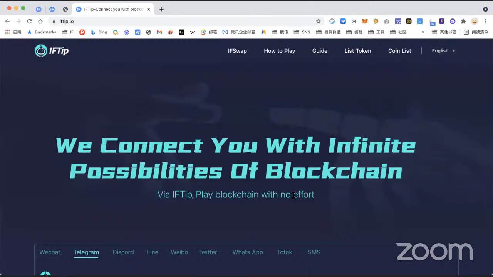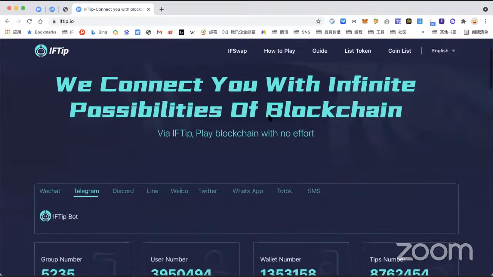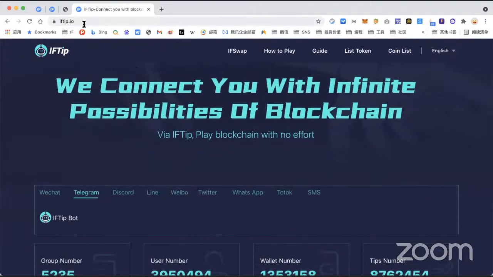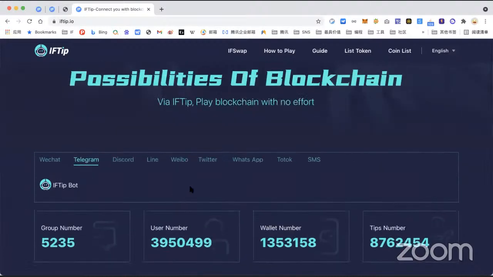Hi everyone. My name is Bibo, and I'm the founder of IFTip. This is a crypto chatbot that runs on Telegram and Discord. You can see this is our official website. IFTip is a chatbot that creates a wallet for you.